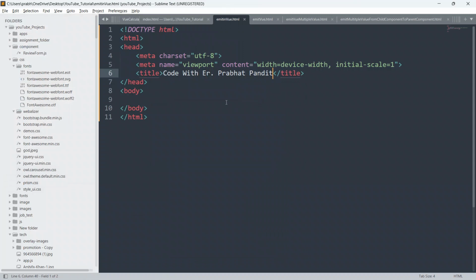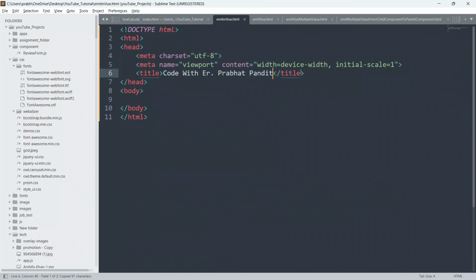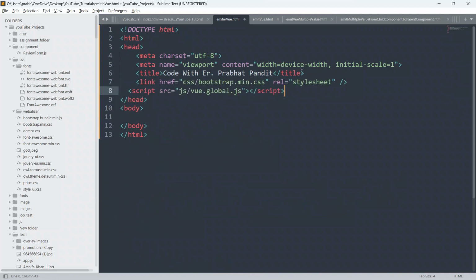Let me go to the example and copy the CDN links from there, and we will paste them inside our code below the title tag. Let me explain the CDN also. As you can see, this is the CSS file for Bootstrap, bootstrap.min.css, inside the css folder. And this is the JS file for Vue.js 3, vue.global.js, inside the js folder.